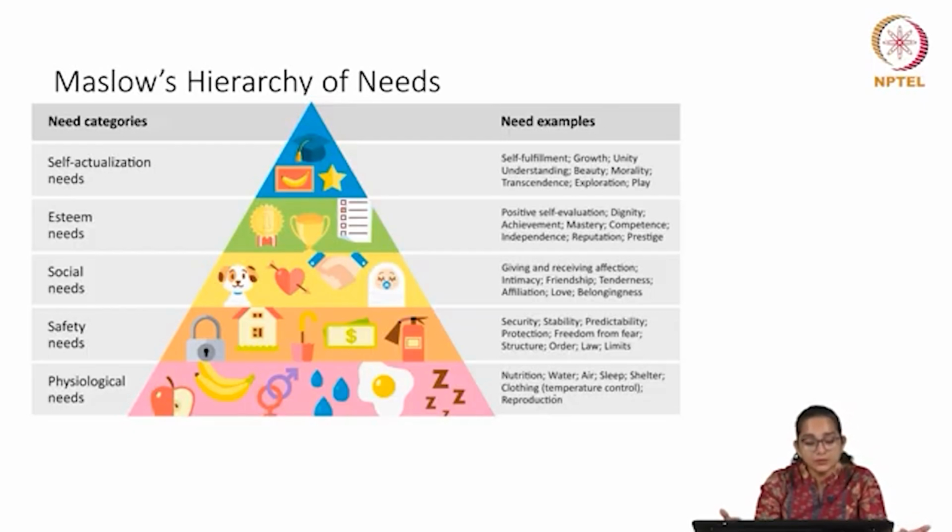So all kinds of human needs are defined or divided in these 5 steps of the hierarchy. The first and foundational step is the physiological needs. Physiological needs can be related to nutrition, that people are getting food to eat, water, quality air to breathe, sleep, shelter, clothing, or temperature control, reproduction related, health related aspects,